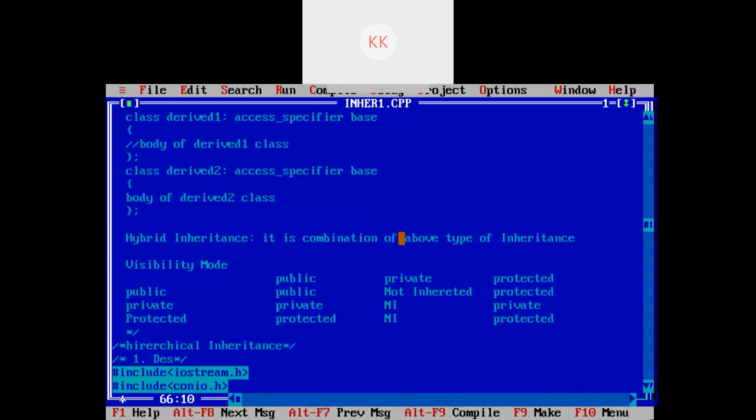Design a class employee having data fields as ID and name.